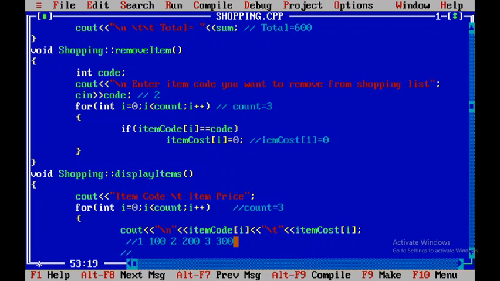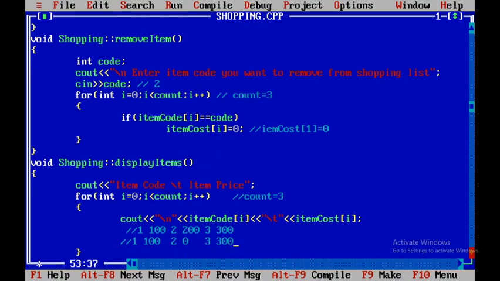So this time it will execute for i equals 0 to i less than count, that is i less than 3. Atom code of 0 is 1, atom cost of 0 is 100. Then atom code of 1 is 2 and atom cost of 1 is now 0. Atom code of 2 is 3 and atom cost of 2 is as it is, 300. So this list we will get as output.